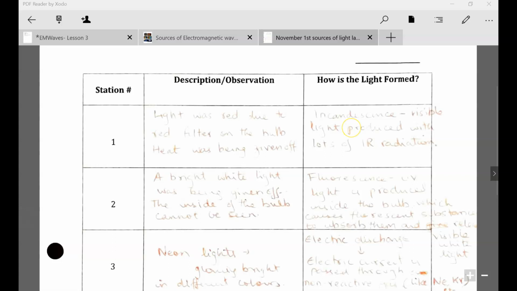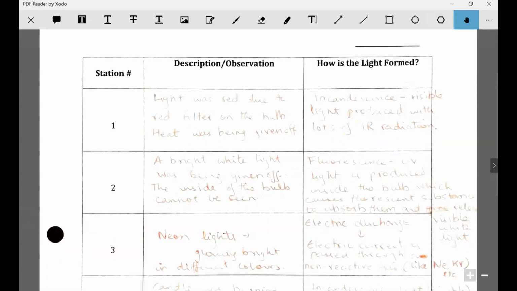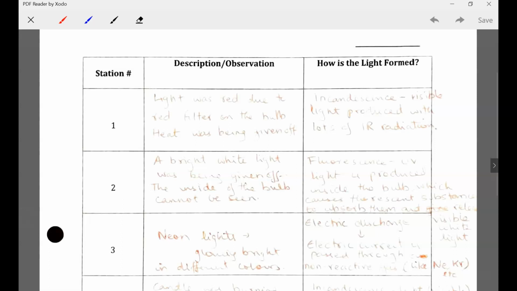I'm just going to go over the major types of light again, just because some people in class were having doubts about what each one was. So there's a couple of different categories that I want you to remember. First you have incandescence, which is basically something that produces IR radiation. In a light bulb, it's a tungsten filament. We saw in our ray box there was a tungsten filament there, which electricity is passed through. It gets heated up and gives off a lot of infrared radiation and a little bit of visible light radiation, which we see